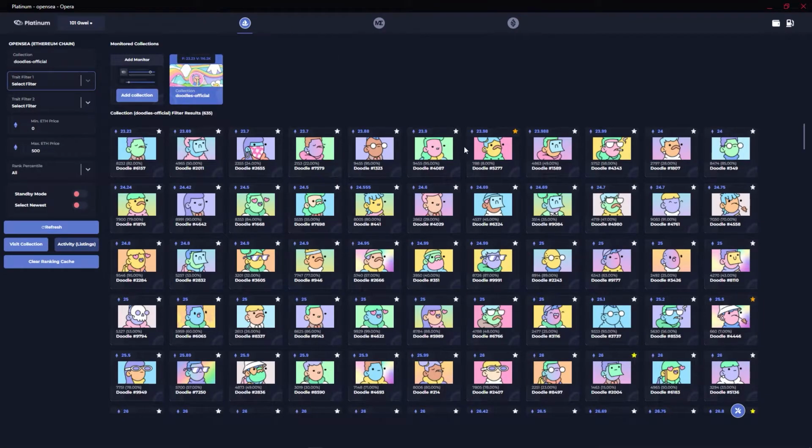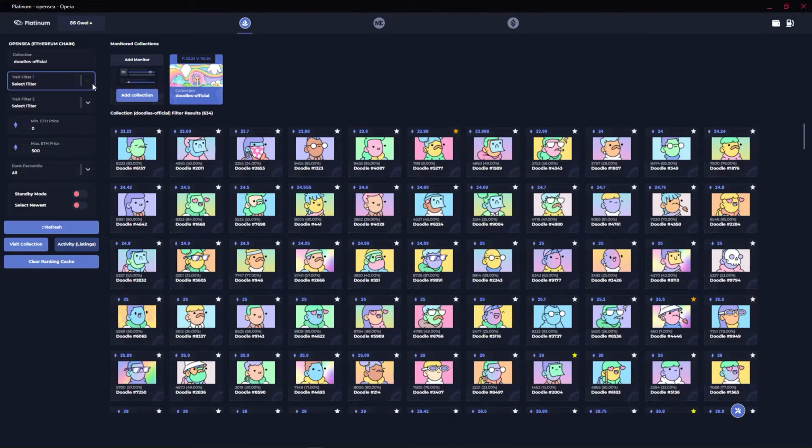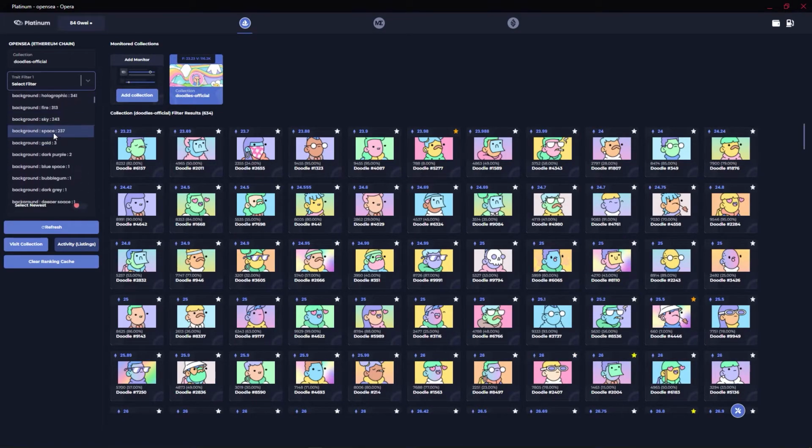one thing to note is that all the NFTs you are currently seeing here are the listed NFTs. The extension can't go ahead and show you NFTs that are part of the collection that are not listed, so please keep that in mind. So let's go ahead and navigate over to the trait filter 1 and 2. So I'm going to go ahead and activate a trait filter, and it will go ahead and use that filter with the search results. So I'm going to click the drop down,